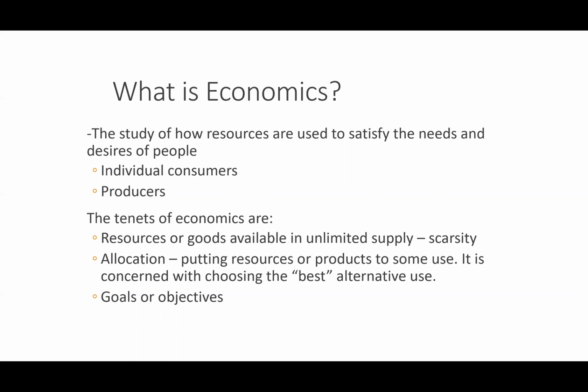We know that goods are available in limited supply. One of the best examples of limited supply is land, and more specifically, agricultural land. As population increases, for example, and the scarcity of land increases, the price of land and housing increase too. So we assume in economics that all resources are scarce. And